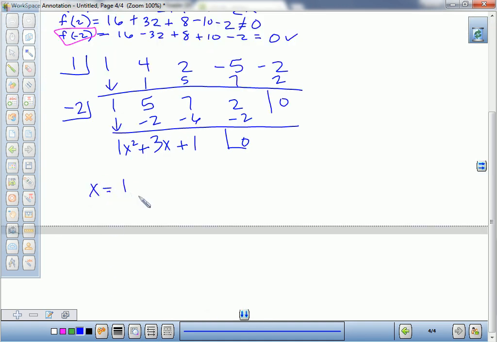So we know 1 is a factor, we know negative 2 is a factor, and if we use the quadratic formula here, we find the other factors are negative 3 plus or minus the square root of